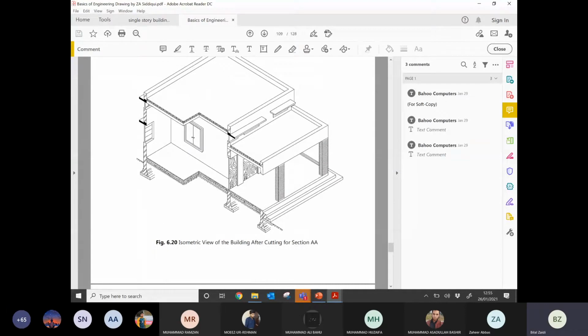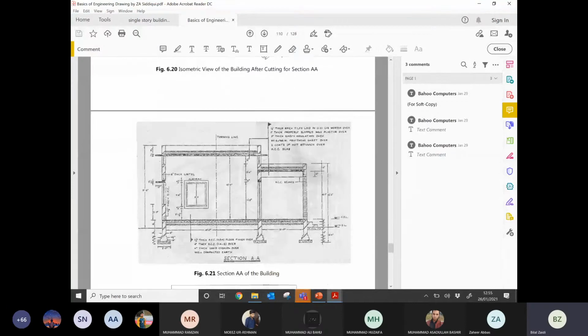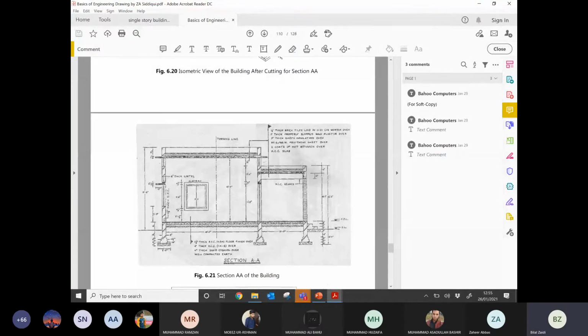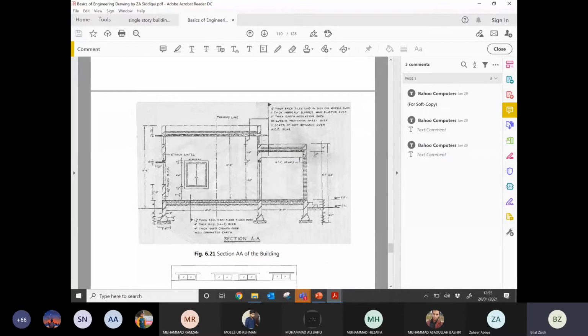From figure 6.20, I will request all of you to make a side view from the left side, from this side. You must end up making figure 6.21 from figure 6.20. This will be your section view.